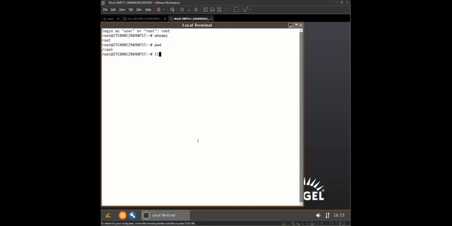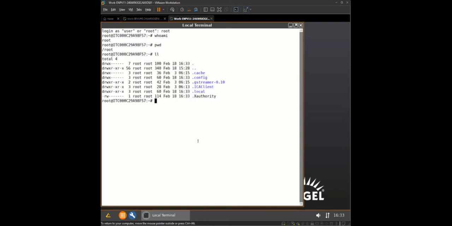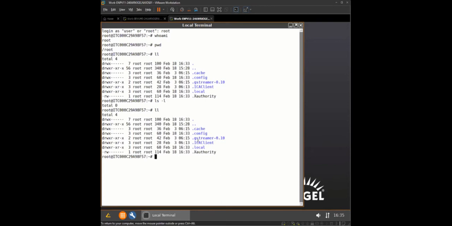The command ll is listing all the files inside of a folder. It's the short term of ls -l, which is available everywhere. ll is not available on every distribution. You can add it if you want, but you will get the same content. I was expecting the same. Okay, so